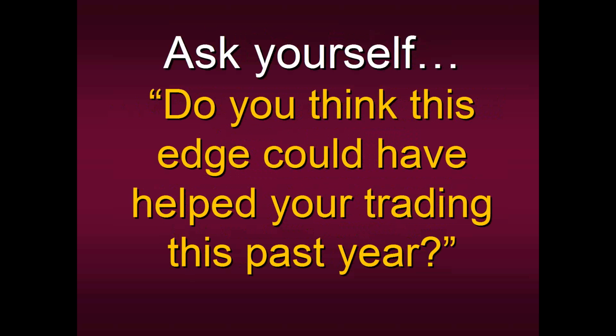Now, before you ask me questions, I want to ask you one, and ask yourself honestly, do you think this edge could have helped your trading this past year? In fact, go back and look at your last 5, 10, 20 trades, and most especially look at the losses. Mostly when you were losing, probably because you bought and the stock, the future, the currency pair kept going lower and lower and lower. Or perhaps when you sold, it kept going higher and higher and higher. Wouldn't you have liked to have had the PET D tell you what the market wanted to do so you could be in sync with the current short-term time frame?